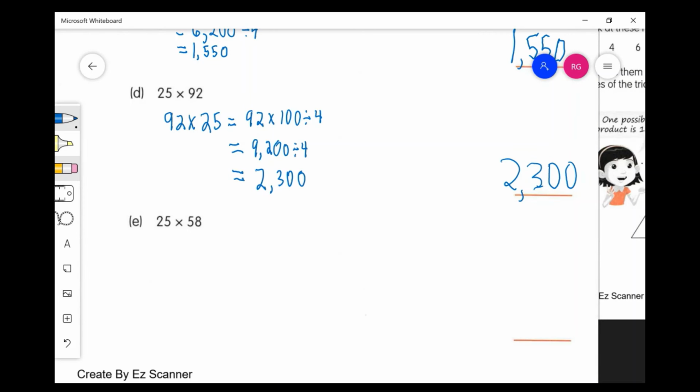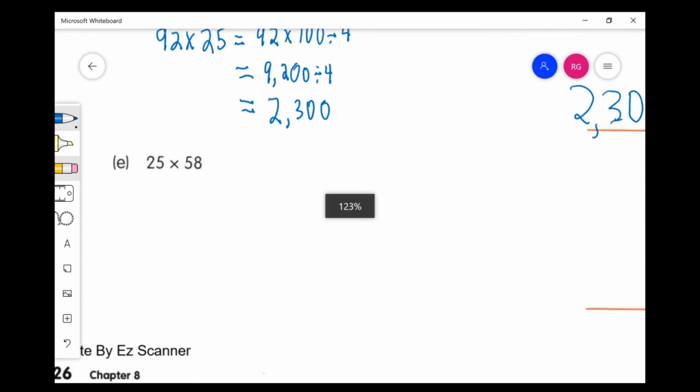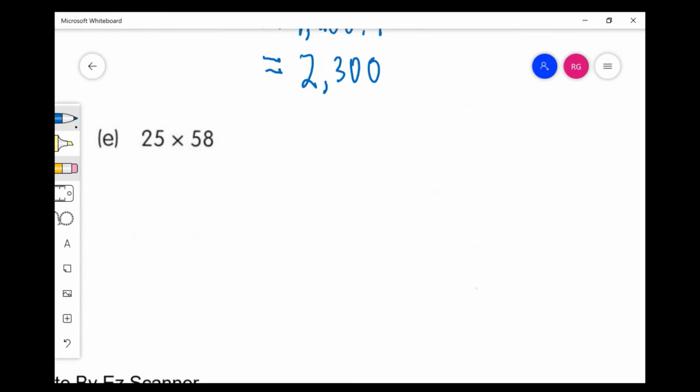All right, we're looking at part E now, and it says 25 times 58 there. And the first thing I'll do, like I did in the last problem, is switch the order. So I'm just going to say this is 58 times 25. Okay, and then I need to break this down into the division problem. So I'm going to say this is 58 times 100 divided by 4. Okay, and then I'm going to simplify that part. And so that's going to equal